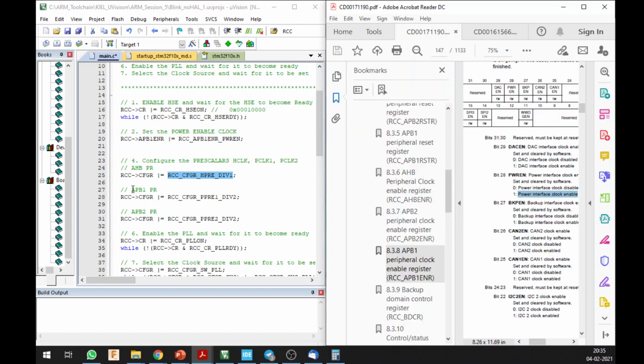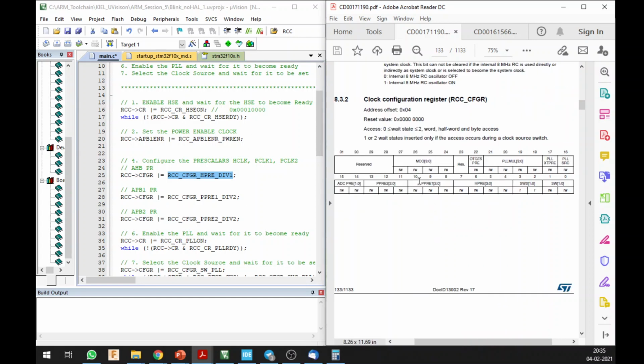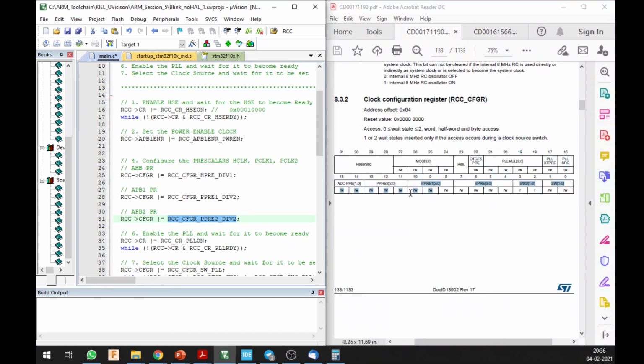See this. I want to set my configuration register CFGR. So CFGR has the value for prescalers. The first is RCC configuration HPRE, PPRE and PPRE2. So if I come over here, you can see all these things. You have the HPRE, which is basically the prescaler for HSE, and PPRE and PPRE2 are these two values. If you set the different prescalers, these are going to multiply and divide to give a particular output at your frequency domain in your particular location.